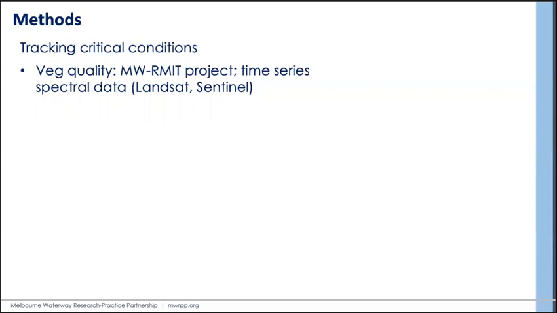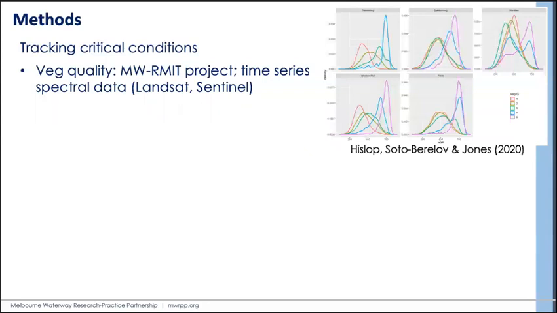So the project has explored the use of existing data to identify useful Landsat-derived indices for distinguishing between vegetation quality classes, for monitoring vegetation condition trends over time, and for developing statistical models to predict vegetation quality at unassessed locations. So the early indications are that the higher quality vegetation classes of 4 and 5 are actually quite distinguishable from the lower quality classes 1 to 3. And you can see that in some of these graphs.